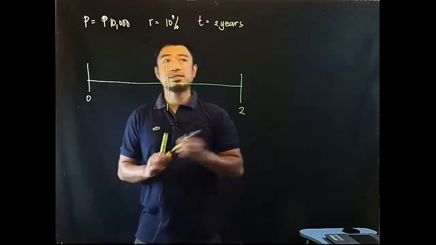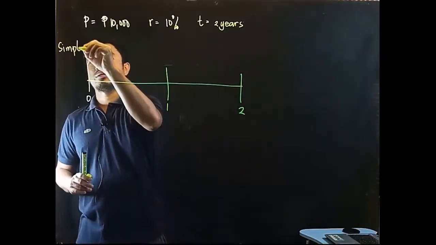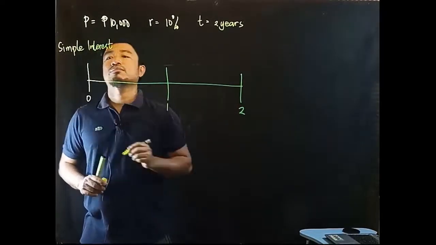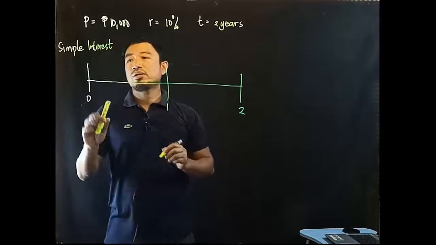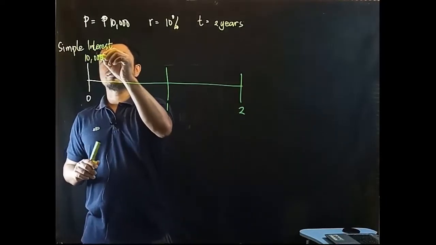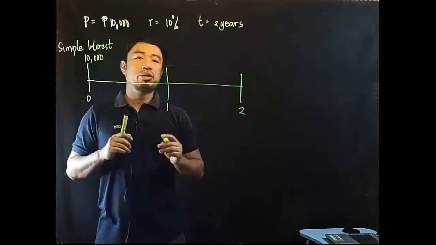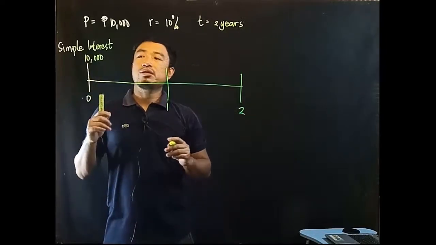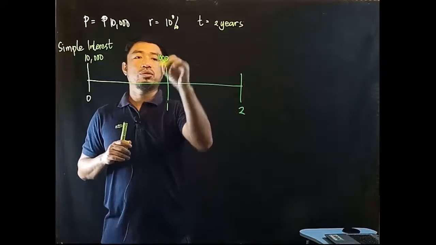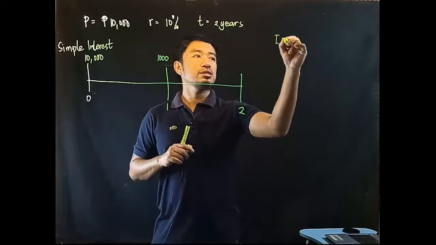In simple interest, at t equals 0, the original amount is 10,000. And then after 1 year, this 10,000 will gain 10% of 10,000, which is equivalent to 1,000. Based on the formula, simple interest is equal to